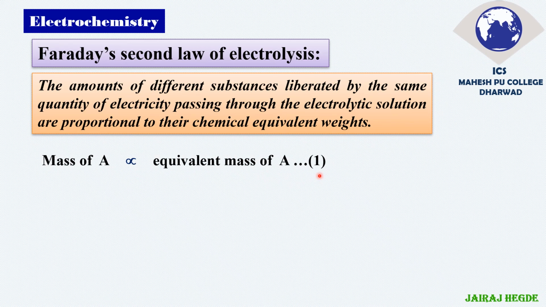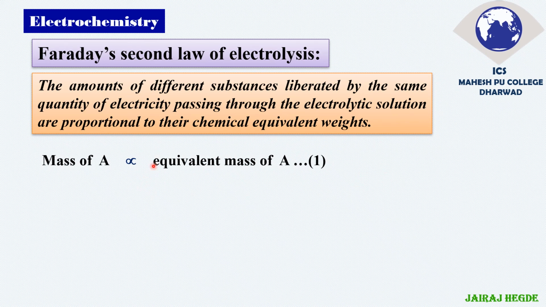Let us say I have taken aluminium. The equivalent mass of aluminium is atomic weight, 27, divided by 3. So the equivalent mass of aluminium is 9. The equivalent mass of sodium is 23 and its valency is 1, so 23 by 1 is 23 gram per equivalent. And the equivalent weight of calcium: the atomic weight of calcium is 40, divided by 2 because calcium is 2+.